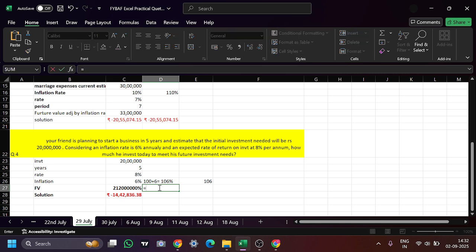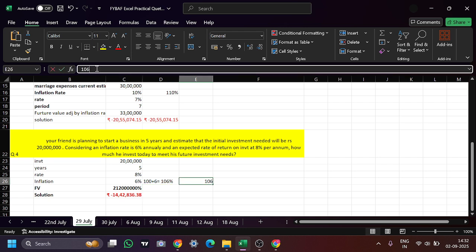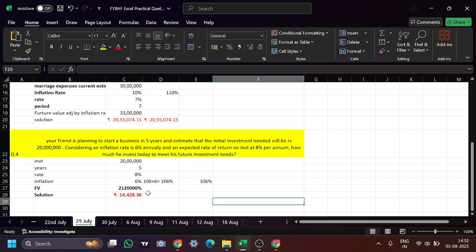Just for a second, let me see, equal to this into this, so it is coming to 21 lakhs 20, no, it is coming wrong. Now it is coming